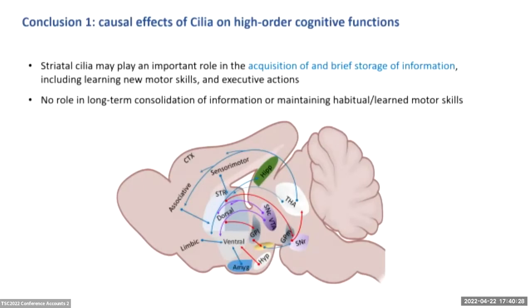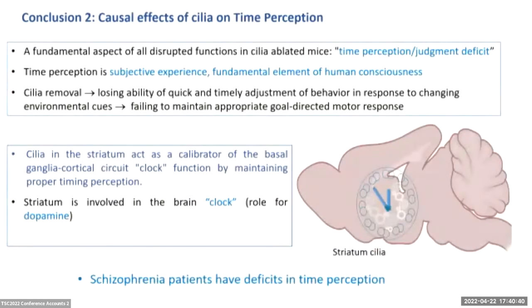However, there is no role for cilia in the striatum in long-term consolidation of information or maintaining habitual or learned motor skills. The second conclusion is that there's really a causal effect of cilia on time perception. According to our data, one aspect of all those disrupted functions, like spatial working memory, but not spatial long-term memory, is like motor coordination, the repetitive behavior,